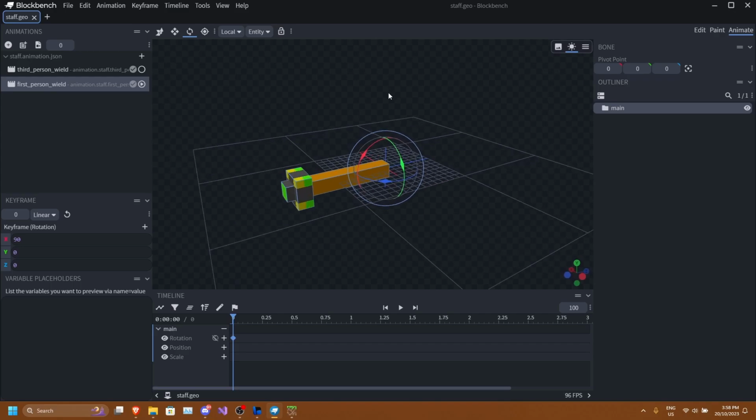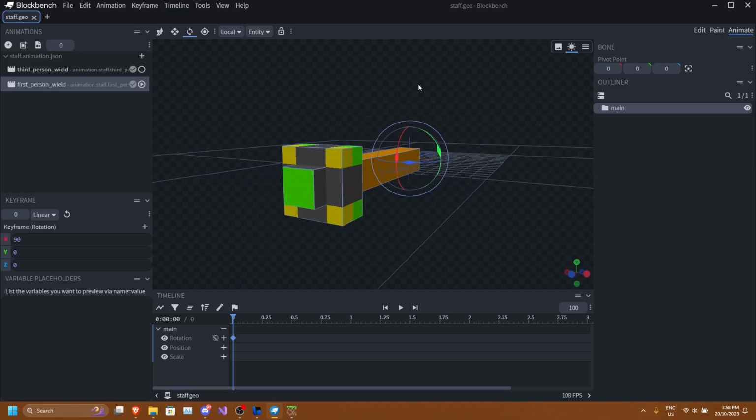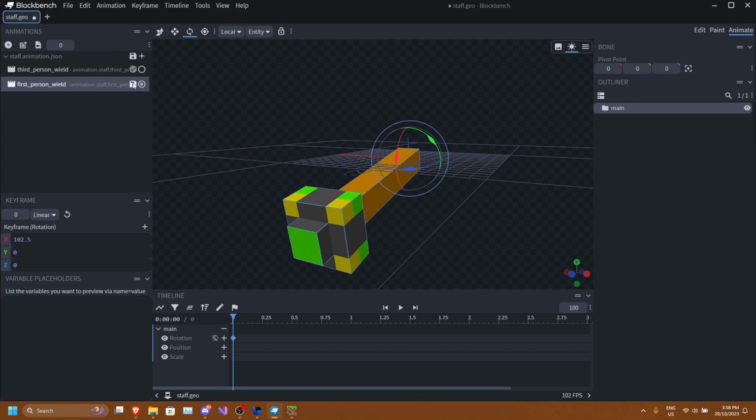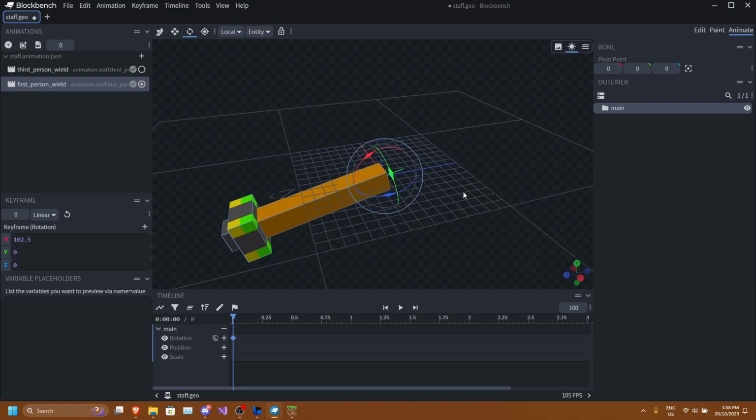However, once you've done your first person animation, what you need to do is re-import this into Bridge. To do this, all you have to do is just save your animation. If we edit this, you can see that there is a save icon here. So we just save this and we'll see